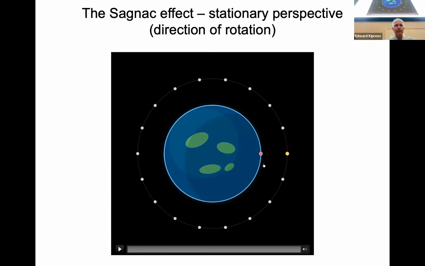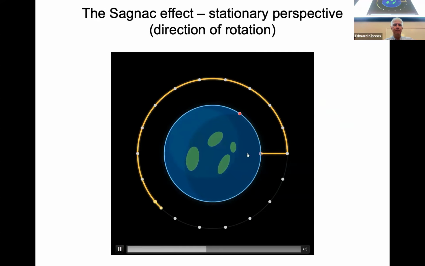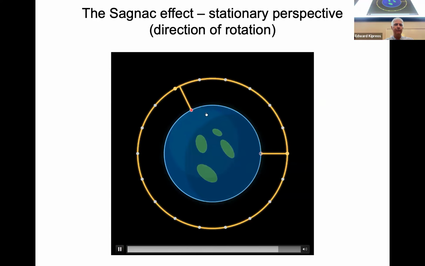So the Sagnac effect is, here we're looking at stylized satellites around the Earth, and the Sagnac effect is going to be sending light out and then asking how long does it take to come back. So here, light's going to go out. It's going to go in the direction of rotation, but while it's moving around the circle, the emission point is also moving, and so it had to go all the way around the circle and then further to come back to the emission point.